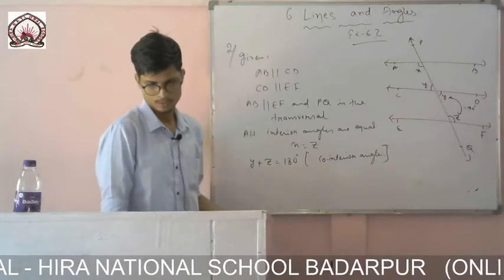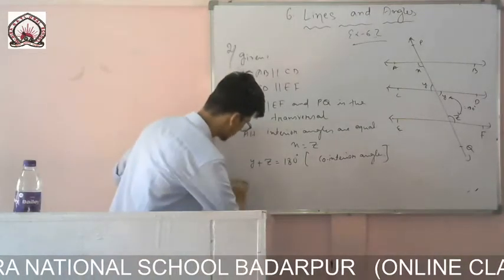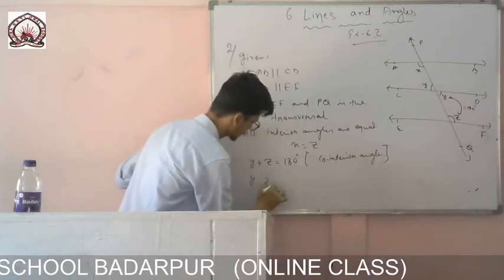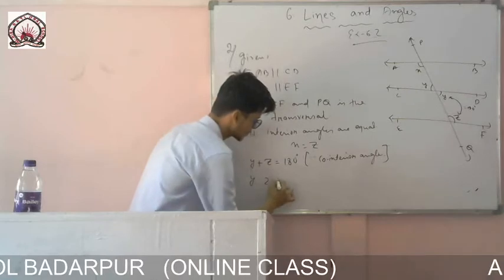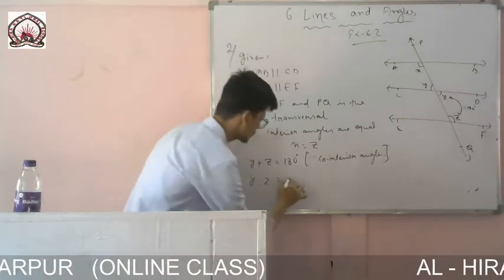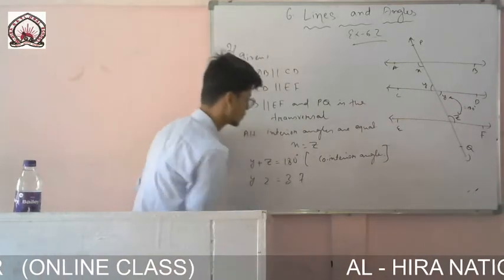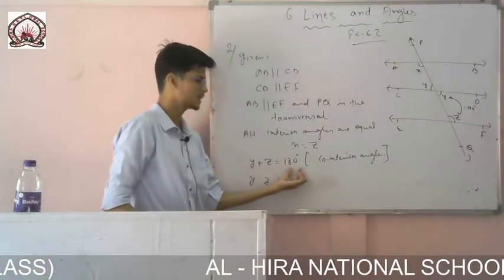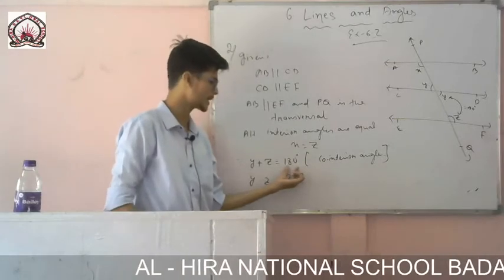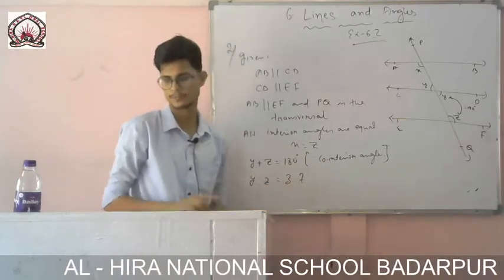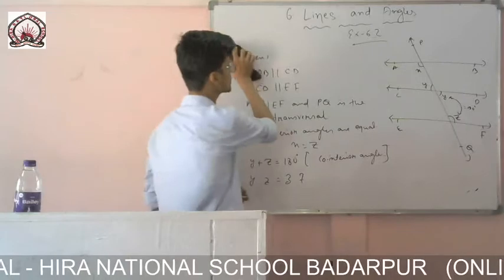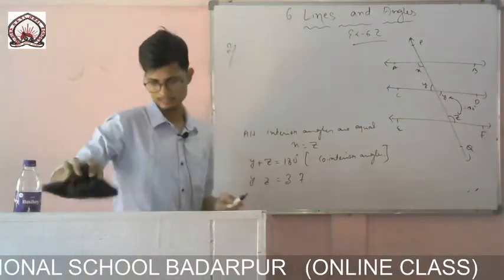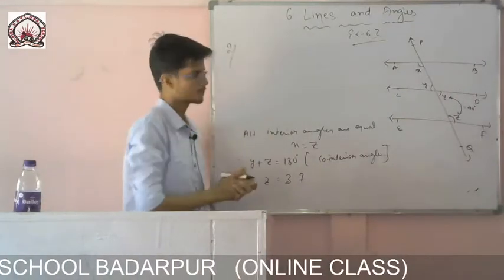y is to z. So you write like this: since y is to z is equal to 3 is to 7, y is to z is given as 3 is to 7, and y plus z is given as 180. So the total measure of the angle is there, and the ratio of the angle is also there. So now very easily I can find each and every angle. I am using that formula, it is actually very easy to do, it doesn't take time.